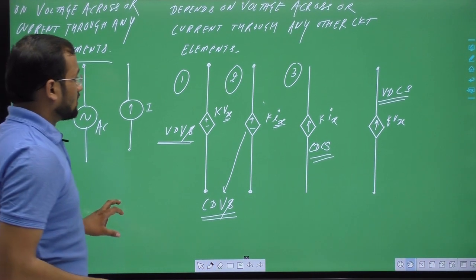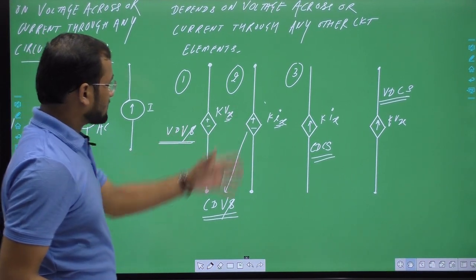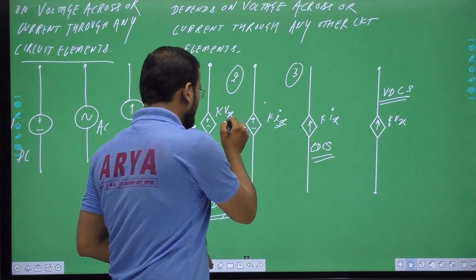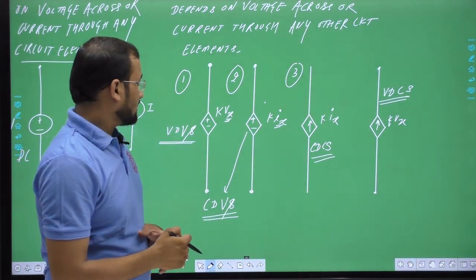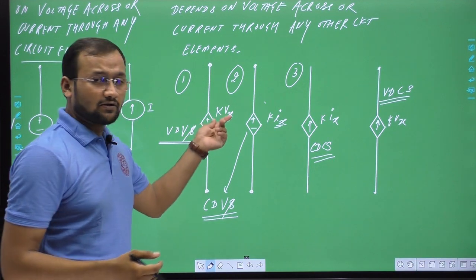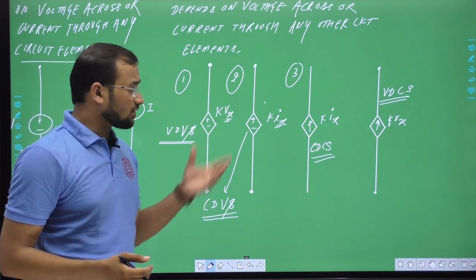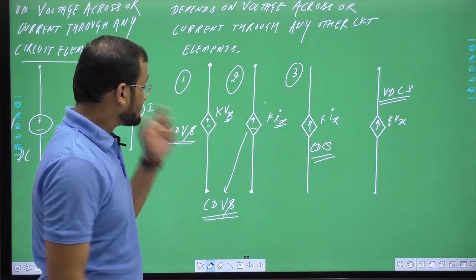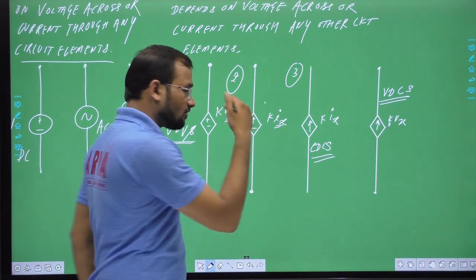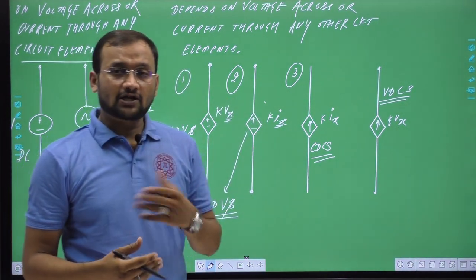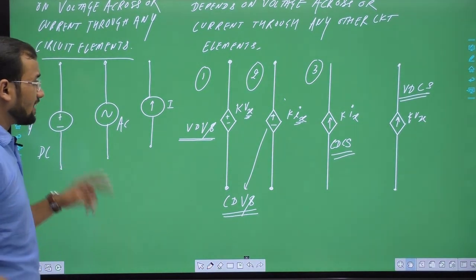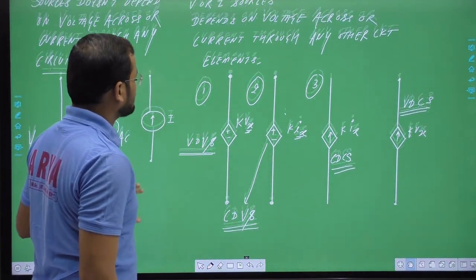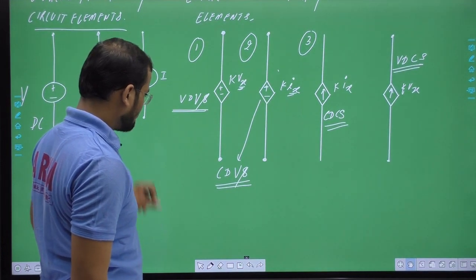Okay, so if we want to deal with such a circuit, then we have to find the voltage across or current through any other element. Then we can find the value of this particular voltage source or current source, and this value will change if this Vx, or voltage across or current through any other element, changes. But these values will never change. These values are fixed values. Okay, next,